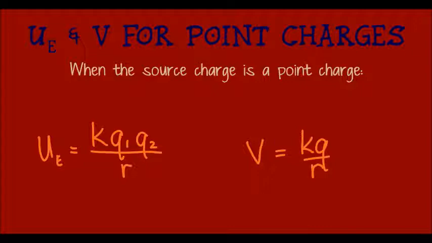The first difference you'll notice is that there are no absolute value signs around the Q's. That means that if we have a negative charge, go ahead and plug it in as a negative number. The other important difference is that R in this equation is not squared. So make sure that you don't accidentally square it since you're used to electric force and field equations. One other important difference that isn't obvious from these equations